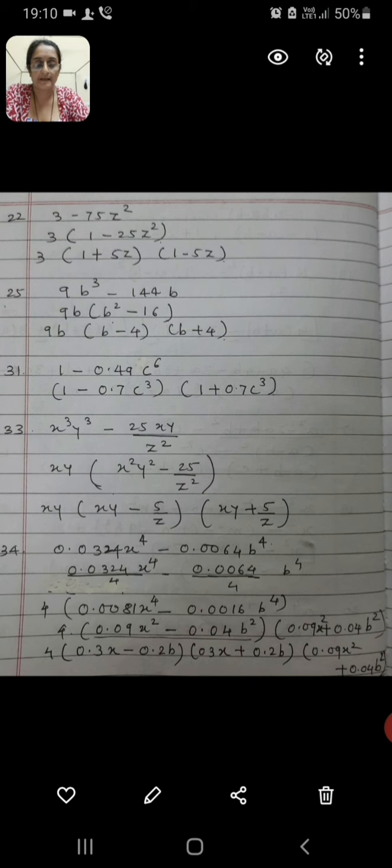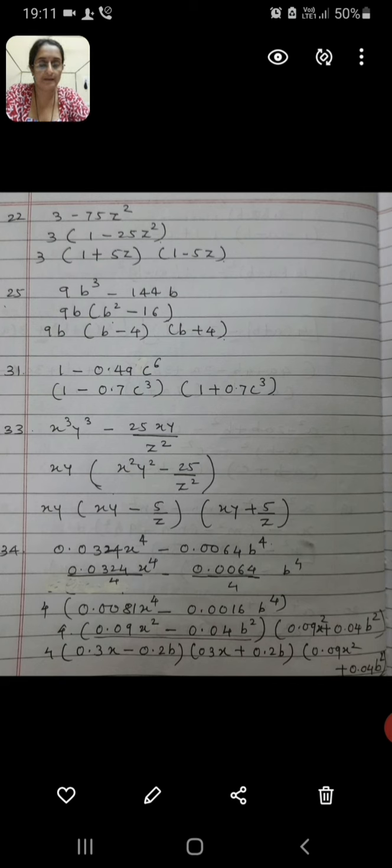One more sum, that is the last sum of that exercise. 6 4 upon 11 square minus 4 7 upon 11 square. Now this is mixed fraction. I converted into improper one. So that gives you 70 upon 11 square minus 51 upon 11 square. So once we have to put it positive, once you have to put it negative. So positive is 70 upon 11 plus 51 upon 11, 70 upon 11 minus 51 upon 11.